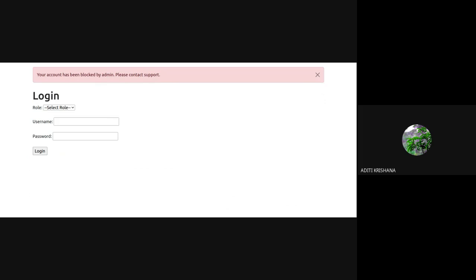Okay. So after creating the block button, you all have seen that I created a route and mentioned it inside the form tag in the admin dashboard HTML page. Now in the login route, I have given one if condition that checks if the role is seller and the status is blocked, the seller is not able to log in, and a flash message will be shown like this. Okay. Similarly, for customer also I can do this. So I will show you that route first so that you can understand. One second, I'm sharing.